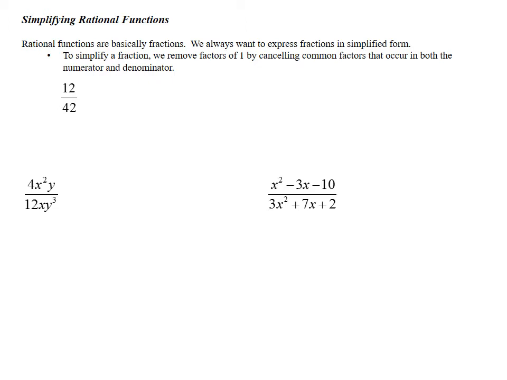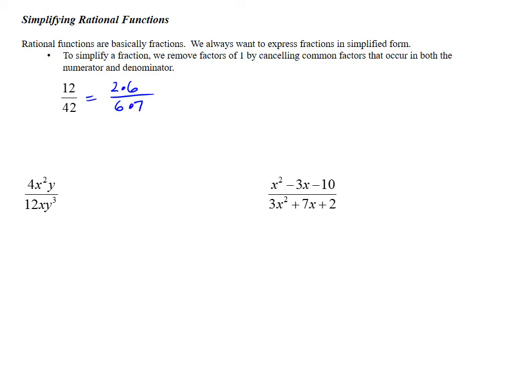The rule for simplifying is we want to look for common factors in the numerator and denominator. So one of the best things to do is think about factoring out the 12. So 12 is 2 times 6. 42 is 6 times 7. When we look at those factors of the numerator and denominator, what we see is that the 6 is in